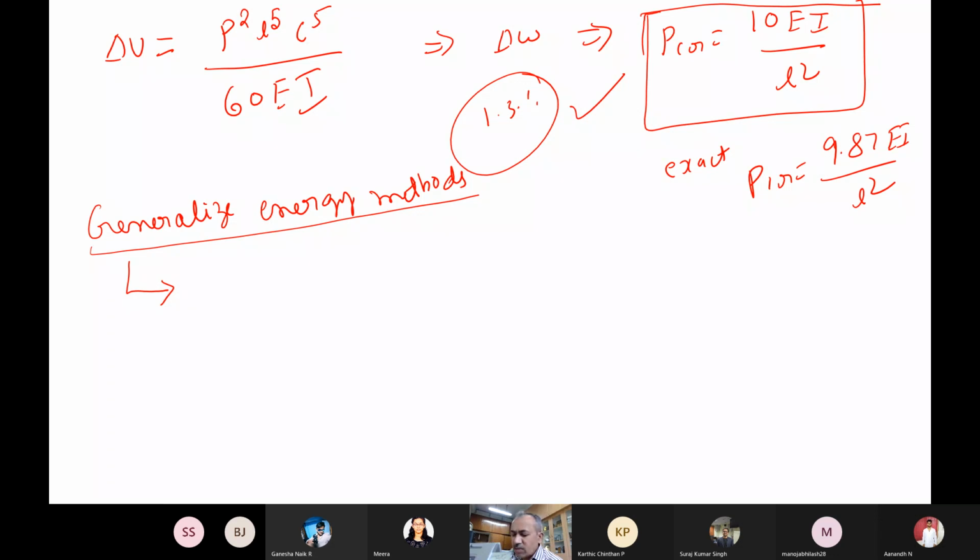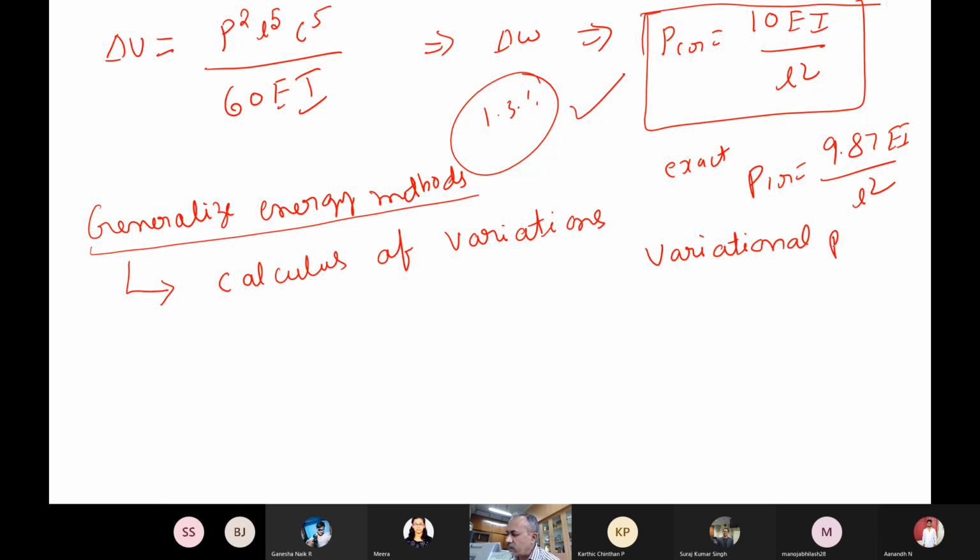So all those things come under calculus of variations. This is the main method, the main mathematical method under which all these energy principles come. Or variational principles, they're right. But anyway, calculus of variations is the right name actually. Mathematically, it sounds less.